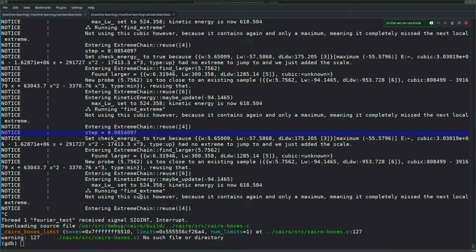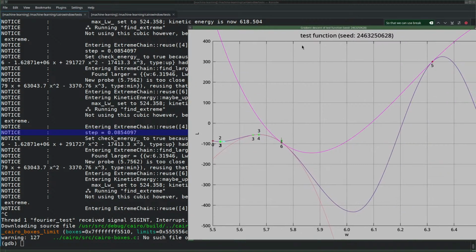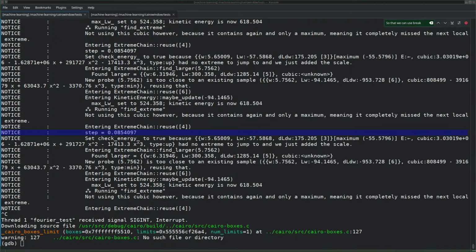If only because it was a scale jump, but also not because I don't see any reason why we do that. It is not using the cubic because it contains again and only a maximum, which is true, meaning it completely missed the next local extreme. But the maximum that it contains is super close to 4, and therefore we should not get this. So I would like to